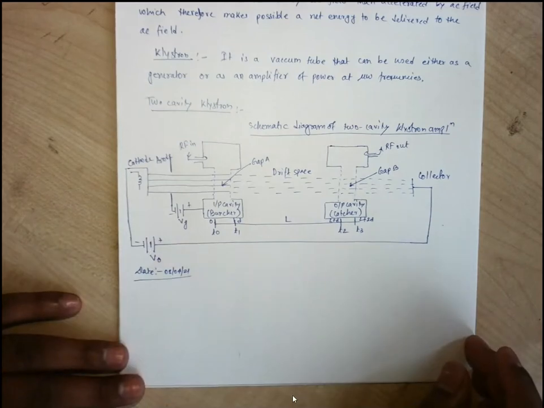So last day's discussion was about the klystron amplifier. How is this klystron taking the amplification from a low amplitude RF signal? How has it been amplified? We have seen that due to the current modulation, the electrons appear as a bunch in the second cavity resonator. These bunches have been formed depending upon the RF input frequency, because that frequency